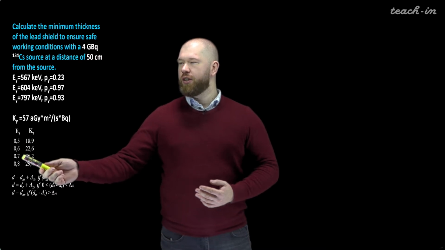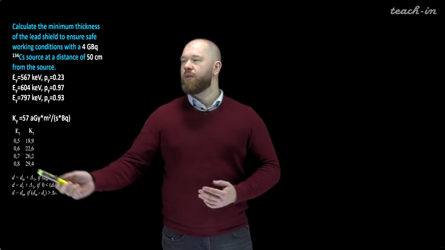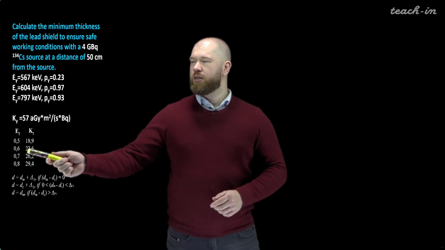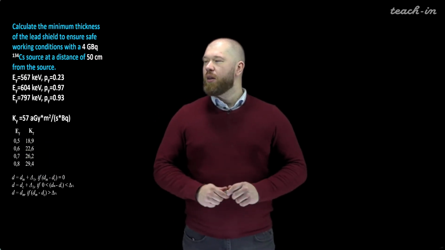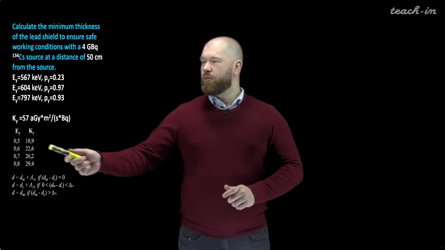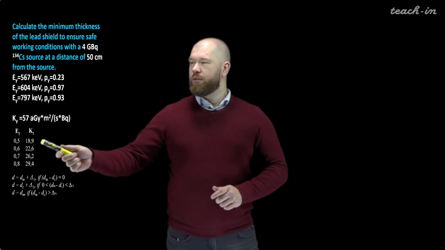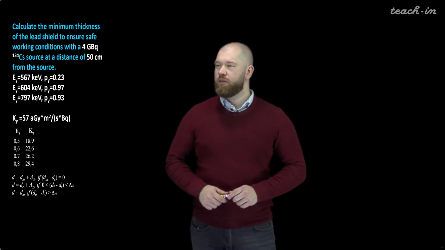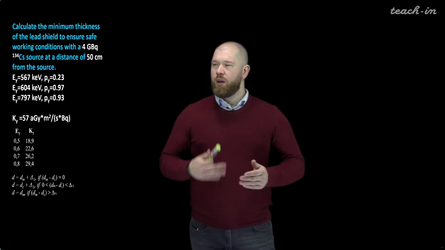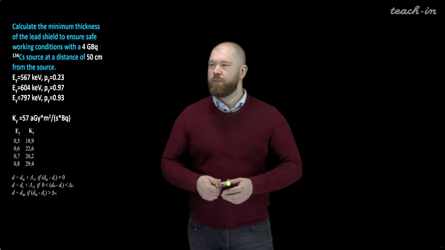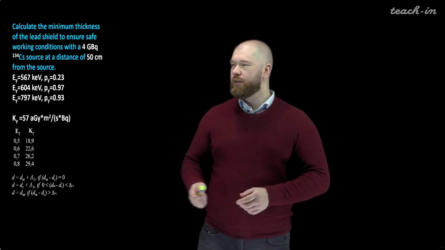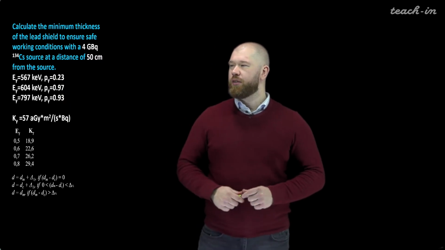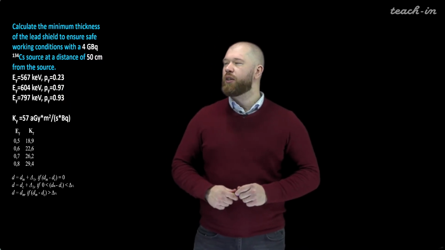These energies are in megaelectron volts, so it is 500 kiloelectron volts, 600 kiloelectron volts, etc. Knowing these values for gamma quanta with certain energy, we can recalculate these values